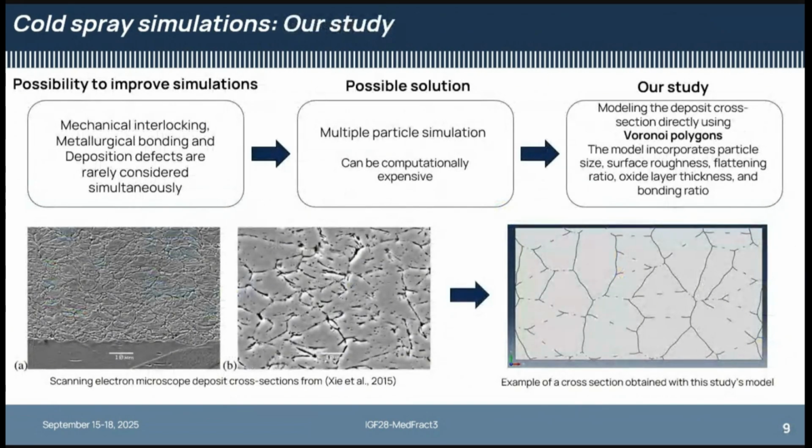So in this study, instead of simulating the particles individually, we generate a realistic cross-section of the cold spray deposit with multiple splat layers in Abaqus using a Python script. We consider both metallurgical bonding and mechanical interlocking, and we incorporate different parameters like particle size, surface roughness, and flattening ratio, also the oxide layer and bonding ratio. After that, we run a tensile test simulation in Abaqus and try to directly connect the cohesive strength to the particle parameters and process